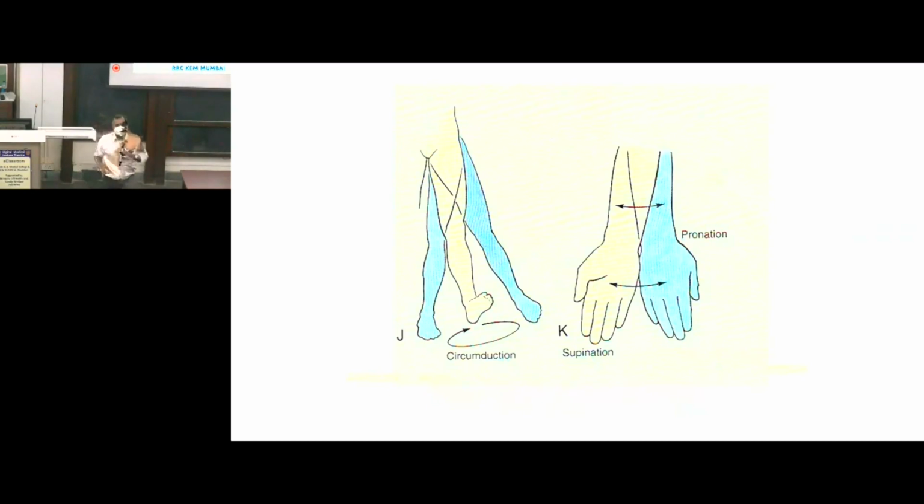The last movement that is depicted there is pronation and supination. Remember this now. The elbow has to be bent, flexed. In a flexed elbow, when the forearm moves in such a way that the palm faces upwards to receive something, it is called supination. To give something is pronation, when the palm faces downwards.